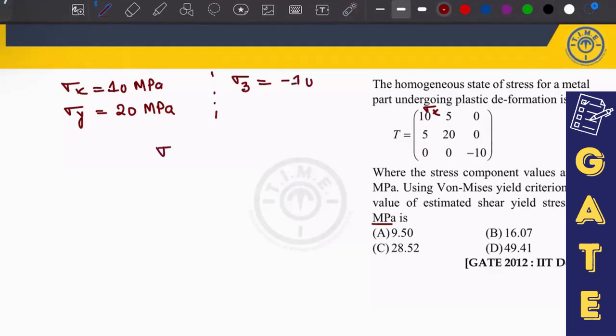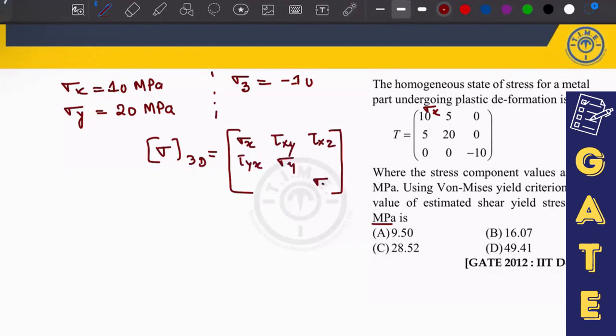If you want to represent the stress tensor in 3D, this is basically the representation. Those who don't know, you can follow this stress matrix: sigma x, tau xy, tau xz, then tau yx, sigma y, tau yz, and tau zx, tau zy and sigma z. These other values are given as 0, which means this is a principal stress. Now from sigma x, sigma y and tau xy, which is given as 5, you will calculate sigma 1 and sigma 2. You know how to calculate them, so once you solve it,